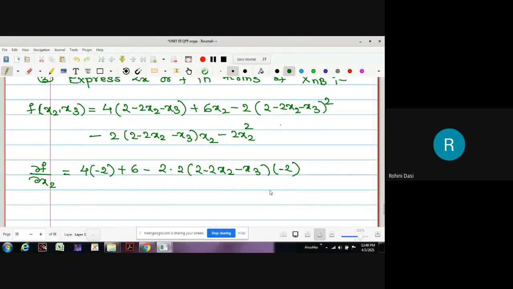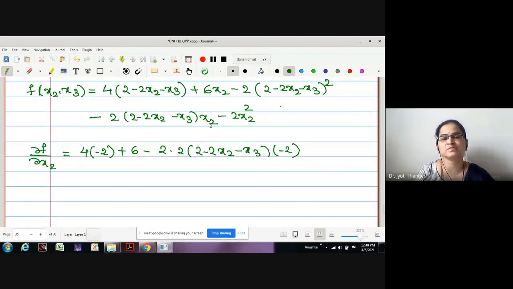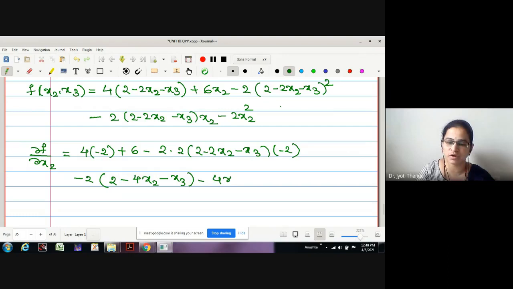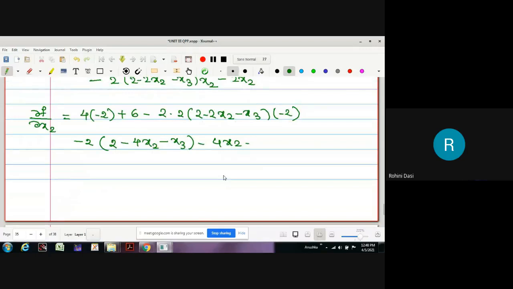Yes, ma'am. Then here we want to differentiate with respect to x2. As it is in the product, let me multiply x2 into the bracket and write the partial derivative. What will be the first term if I multiply by x2 into the bracket? First term will be 2x2, partial derivative is 2. Then minus 2x2 square, what will be the partial derivative for x2? Then minus x2x3, this gives me minus x3. And last, this is again 4x2. Is it okay? Yes, ma'am.